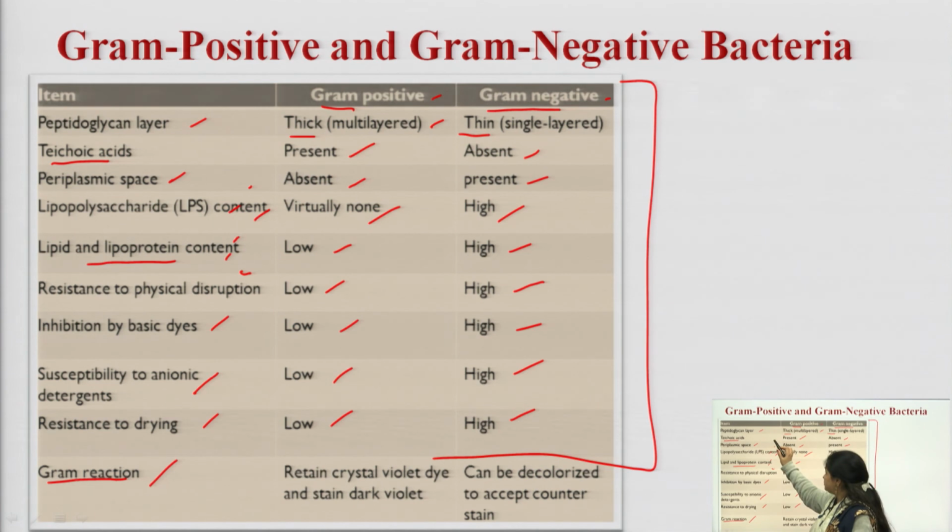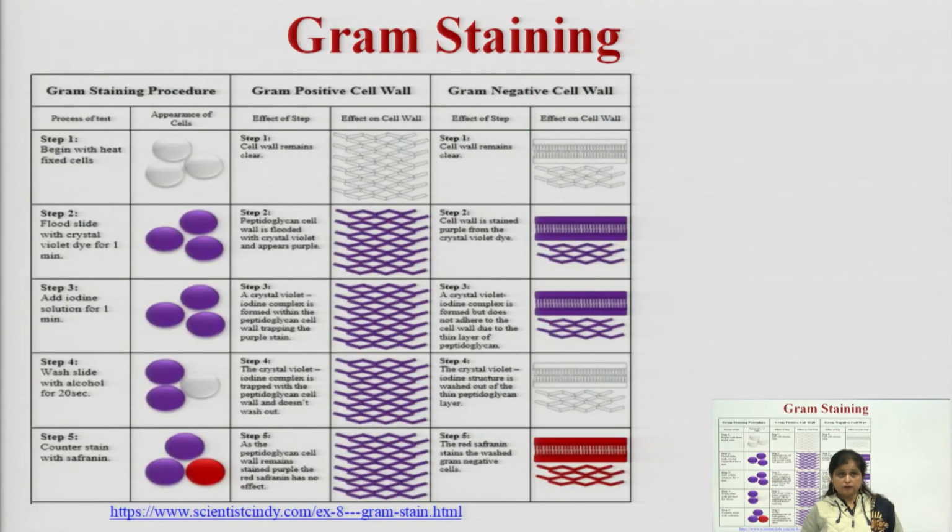After studying the structural differences between gram positive and gram negative bacteria, the scientist named Hans Christian Gram discovered the procedure of differential staining, in which we can differentiate between gram positive and gram negative bacteria. So this was the main staining technique. Now, how will we go about the gram staining technique?